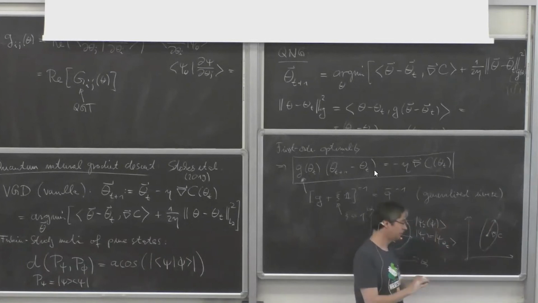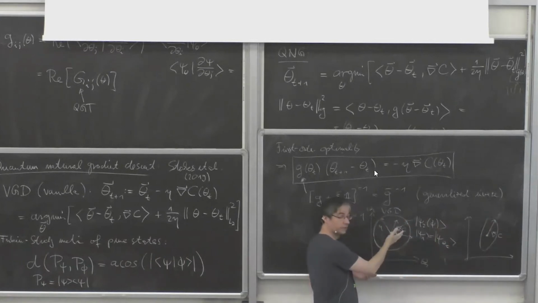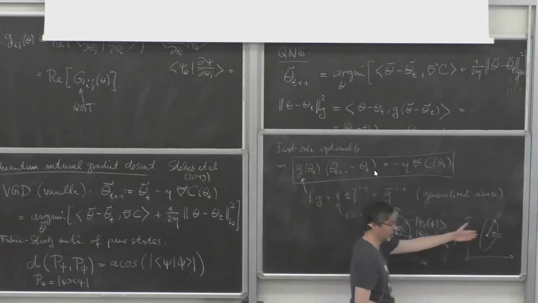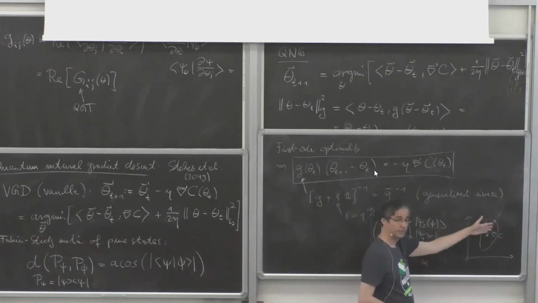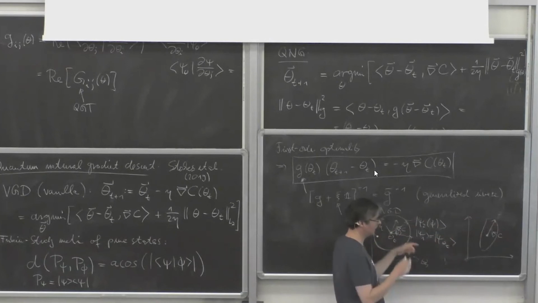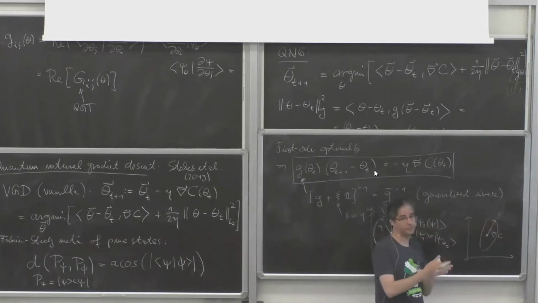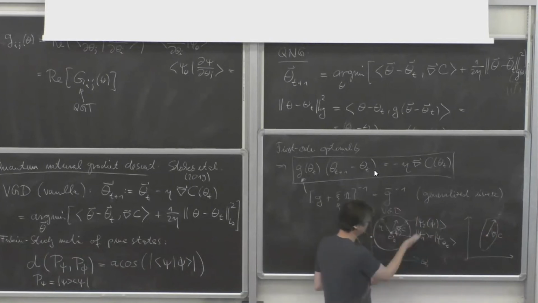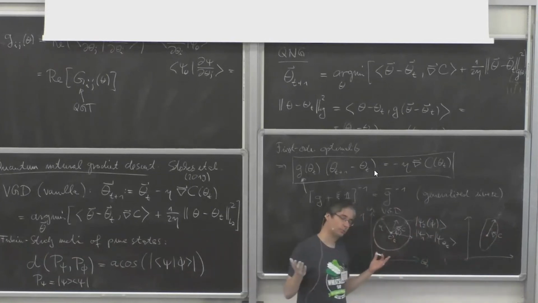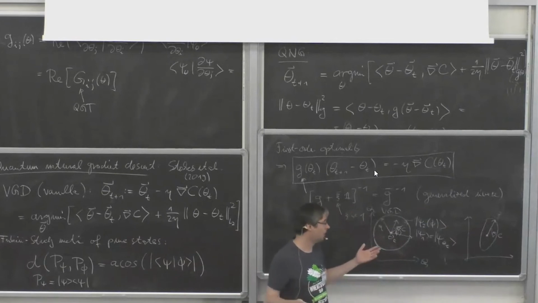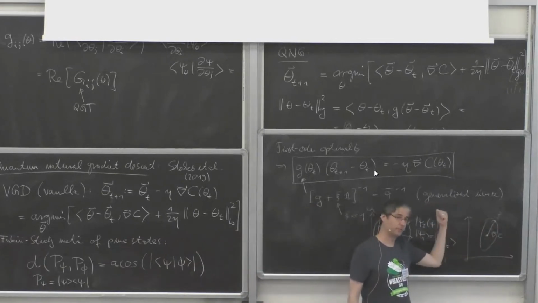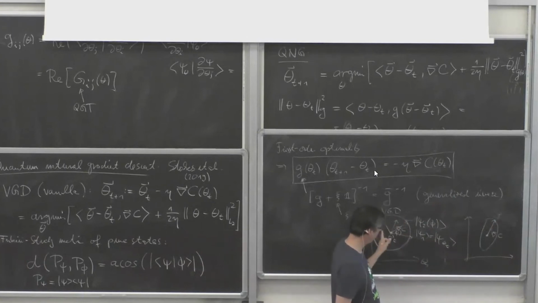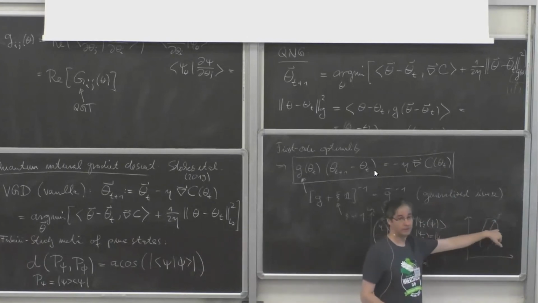So it's possible that it looks like you're updating a lot in the parameter space, but the state is not changing. And then basically the distance that you should be updating is normalized according to the actual distance that you're updating the states. So you want to use that information. Otherwise, you have no idea how large that step size should be chosen because you don't know how much it changes the states. But the Fubini-Study metric tells you exactly that. If I give you an eta, how much in some direction do I actually change the state? And that's what you care about.